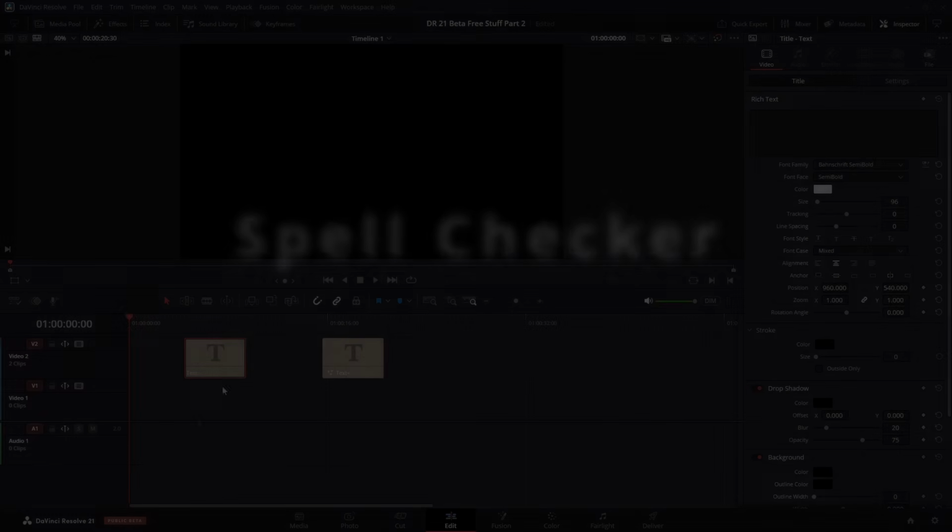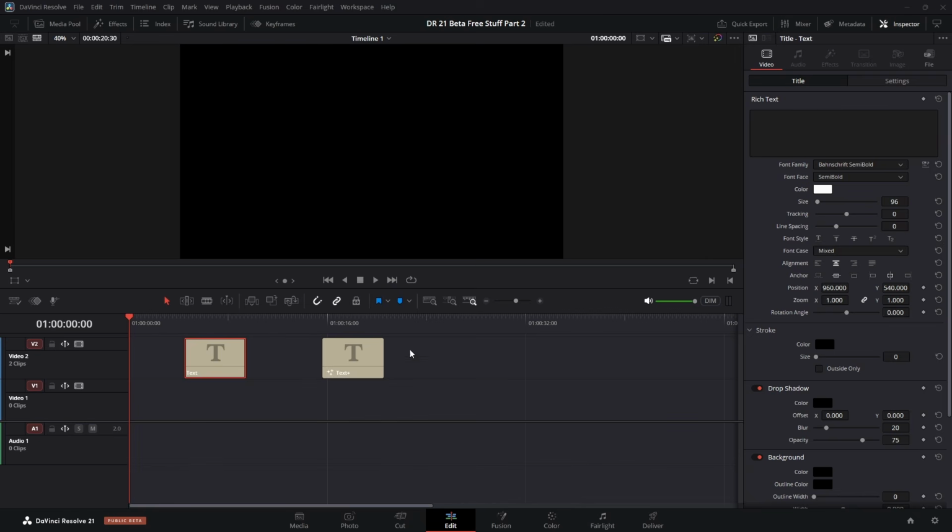So the next new addition to 21 beta is a spell checker. We're on the edit page and we've got a text file and a text plus file. If we highlight the text file to start off with, the standard one, drag our playhead over it, and go to Inspector and we type something in,